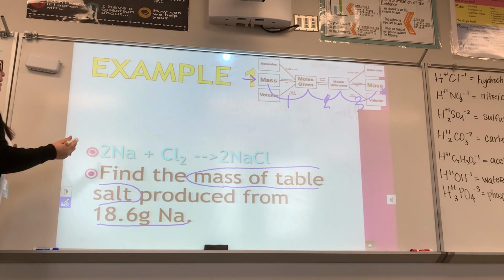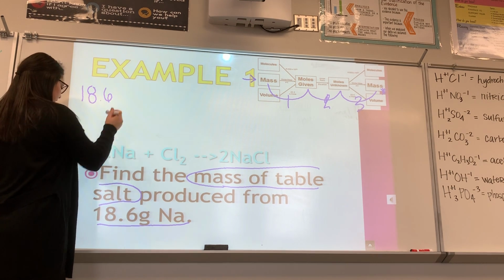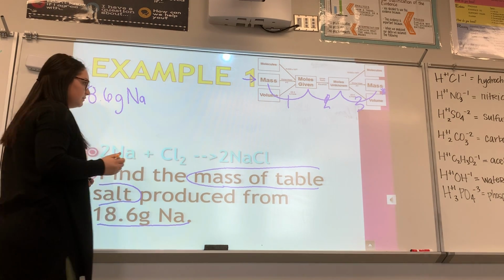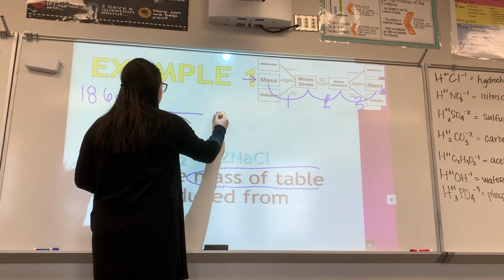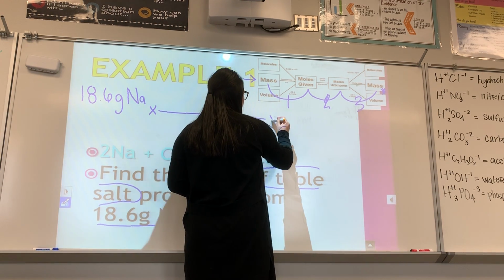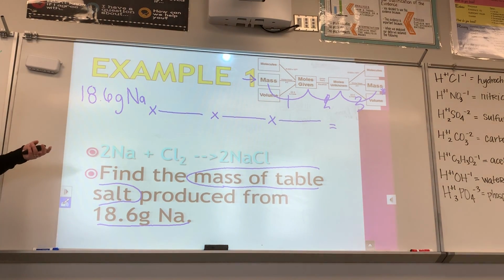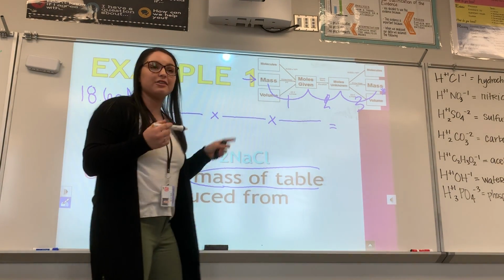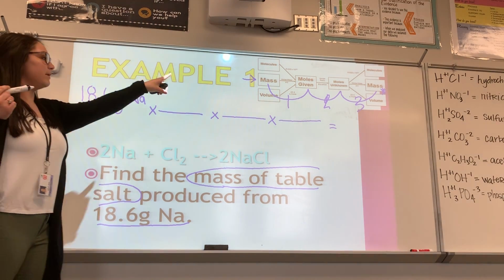So now I'm going to set up my equation. I start off with what I'm given, 18.6 grams of sodium. Then I already know it's a 3-step problem, so I'm going to do 1-step, 2-step, 3-step, equal sign. So now it's all set up for me. I won't do fewer steps than I need to, and I won't do more steps than I need to, because I know I'm going to use 3 steps to get there. So we're going to start with getting our molar mass from the periodic